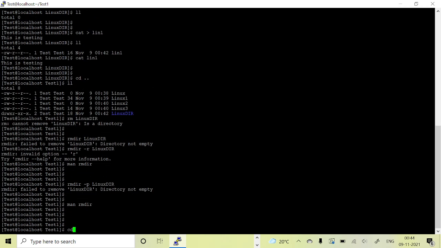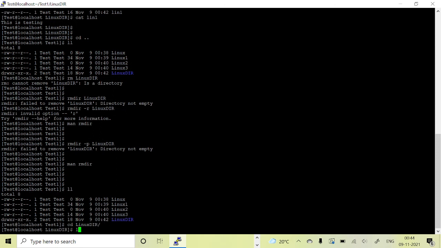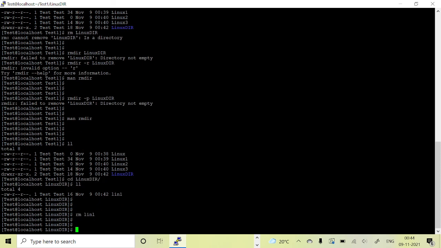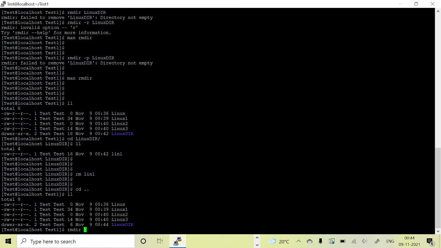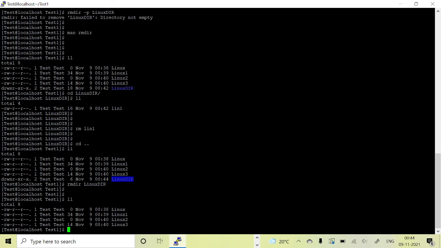Q. I'm just getting the next dir. I'm just deleting it with rm. This is deleted. Now we have to go back. ll, rmdir. So this gets deleted. These are easy and simple steps: how to create a directory, how to delete a directory, how to create a file, how to delete a file, how to check all files that exist on the system.